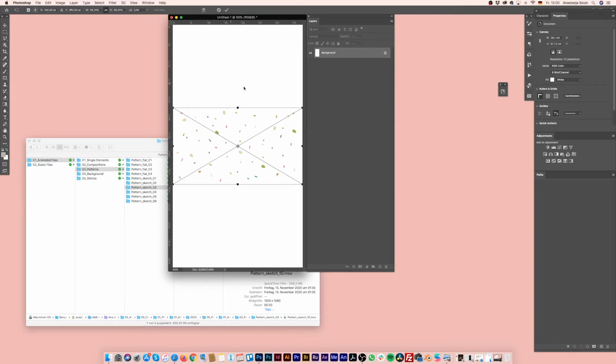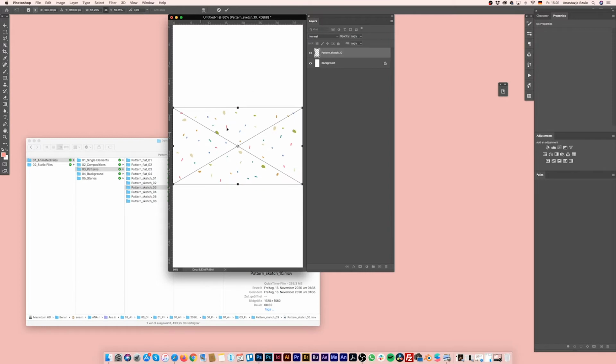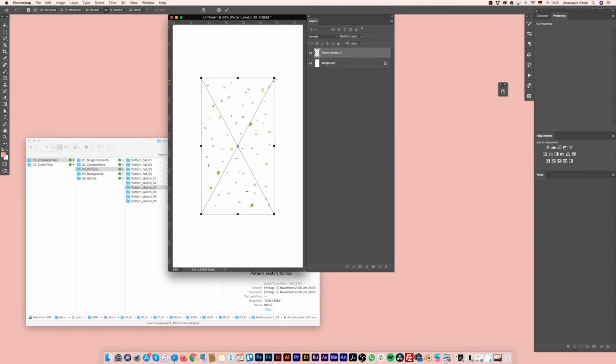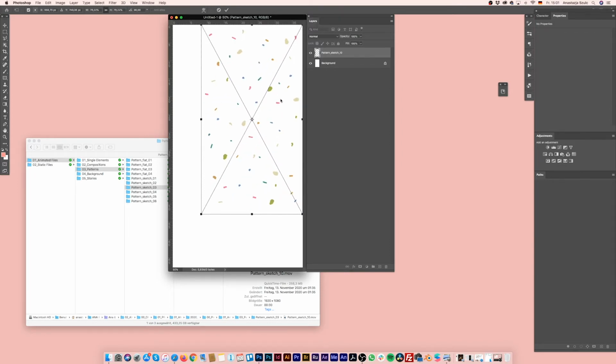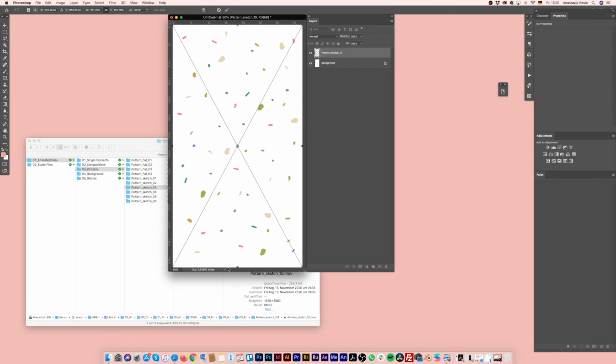Drag and drop it to your Photoshop document, and this way you have the perfect size for your YouTube video. If you rotate it like this, you have the perfect size for your Instagram story. So it's quite easy to handle. So this is our pattern.